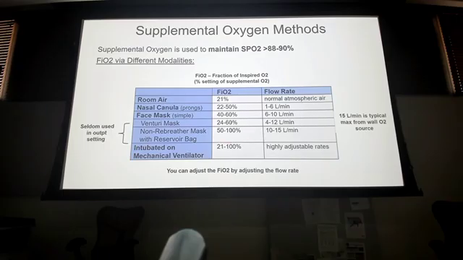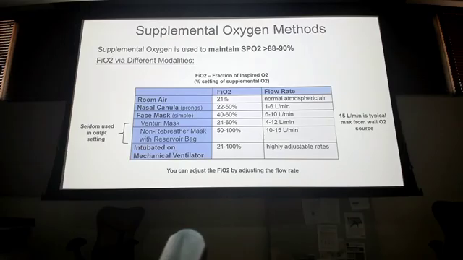Non-rebreather mask with reservoir bag. How do we know if that reservoir bag on a non-rebreather is working correctly? Should it completely collapse? It can partially deflate, but what that reservoir bag is doing is holding additional oxygen. So if the patient's demand exceeds the supply of that mask, they have additional oxygen in that little reservoir bag so they can breathe off of that. If it's completely collapsed, that means they're not getting enough, and they may be retaining CO2, right? So when you put that patient on a non-rebreather mask, that bag should not be collapsing completely. Partial collapse is fine. That just means they're pulling off that reserve. But if it's completely collapsing, that's bad. You need to increase the flow rate, okay?